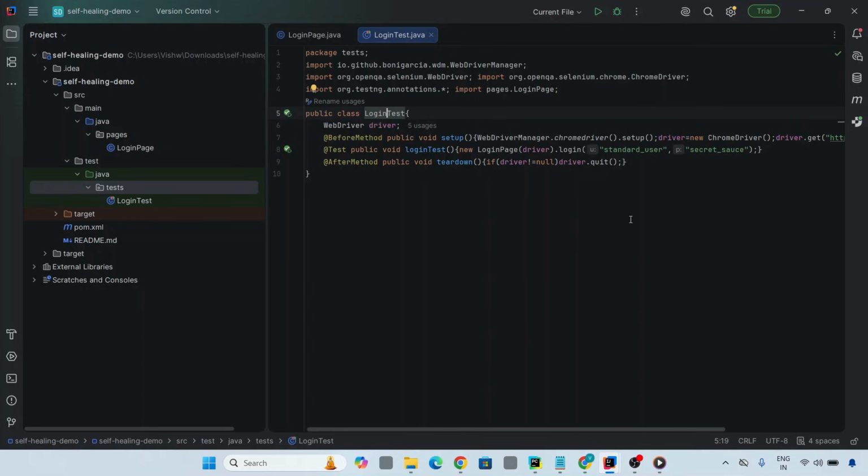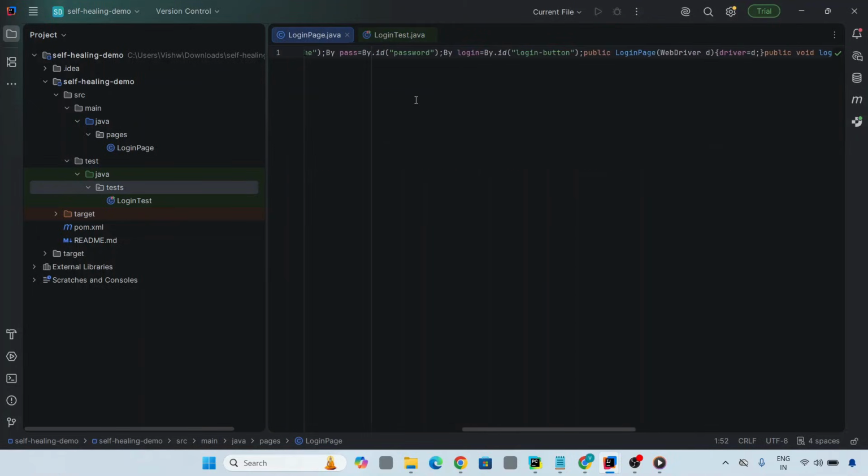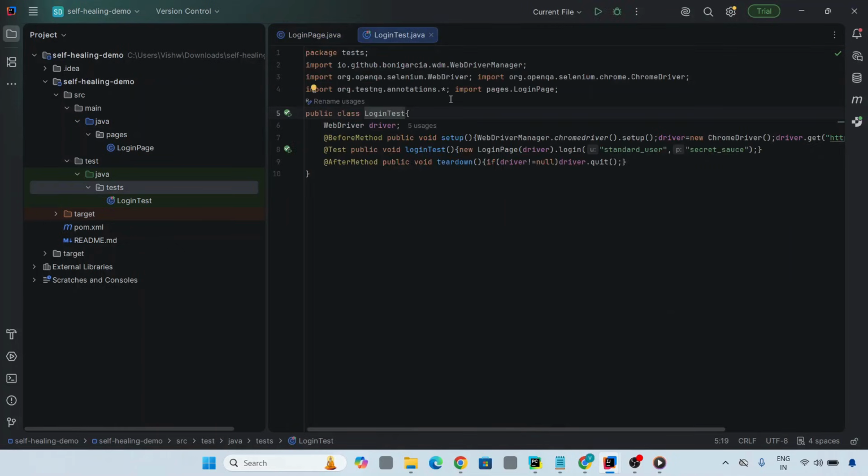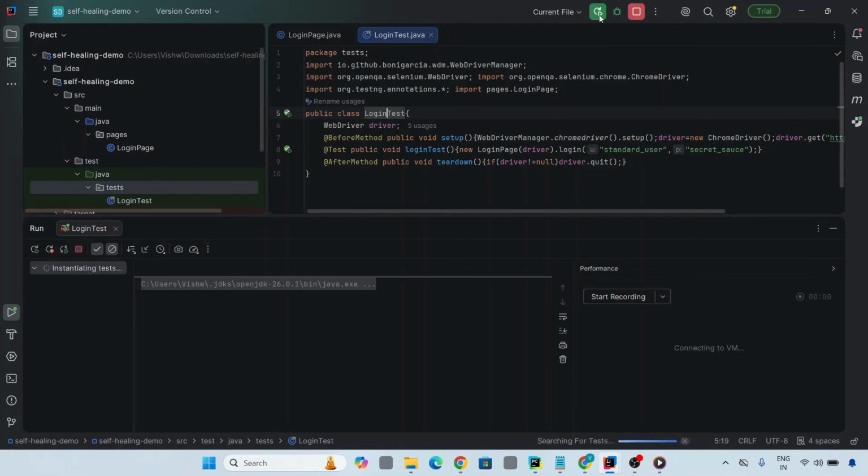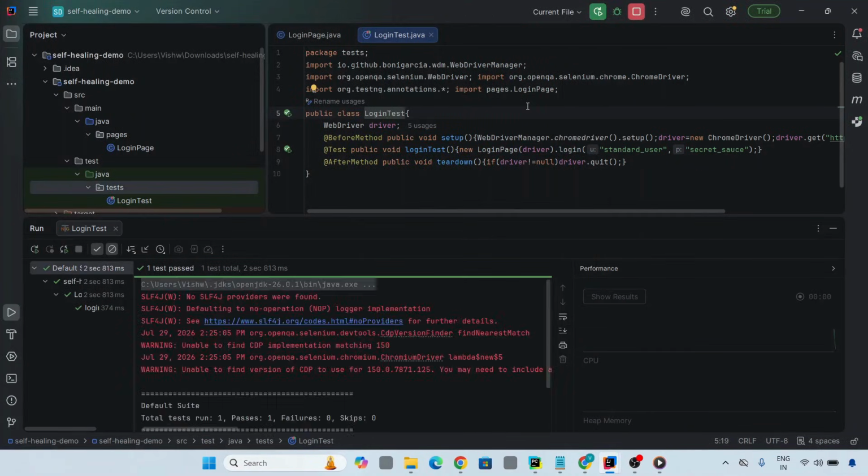Here in our IntelliJ, it's a very simple Selenium login test, and here it has all the page objects. So this is a very simple Selenium login test, and let's try and execute it. So I'll just hit this run button. It has opened the Chrome browser, and yes, our test has been passed successfully. Now what I will do,